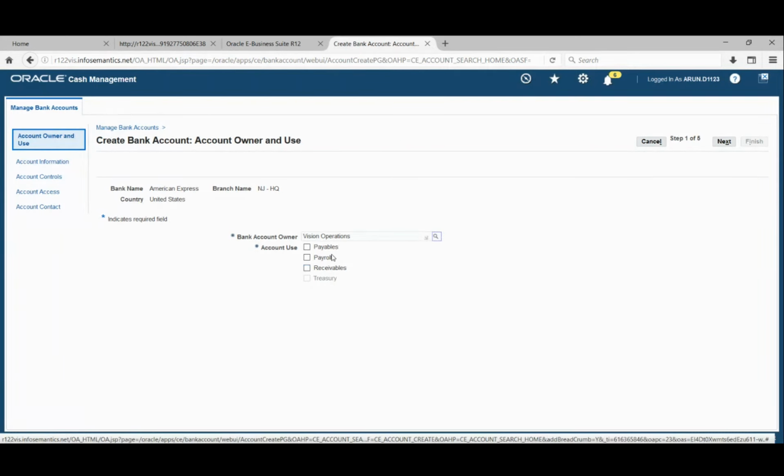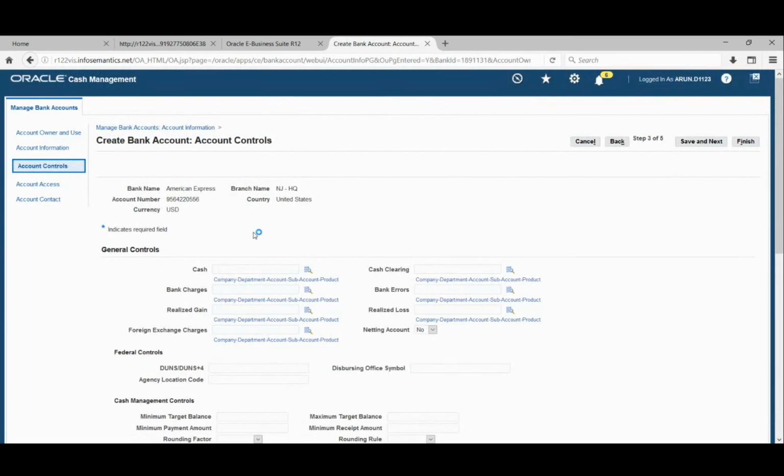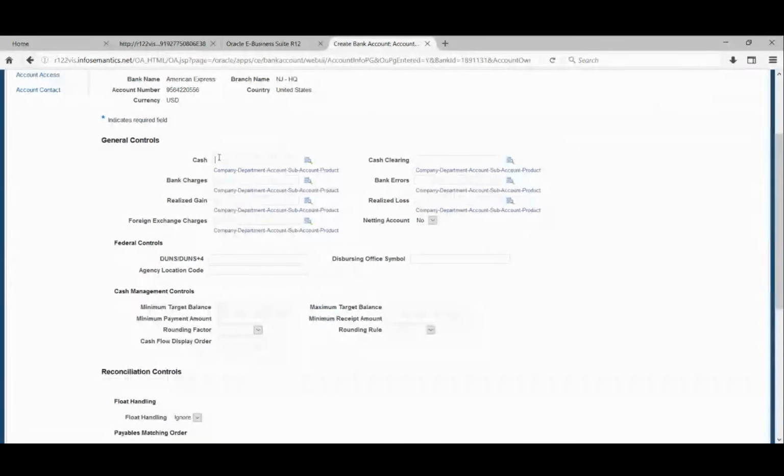Okay. So now we have given the basic account information. So that is account number and the account name. So now, these two options called cash and cash clearing, we will have to give them. The reason being is that when we remit the payment to the employees, it will basically pick the cash clearing and the cash account to knock off and to give the final settlement. So in order to achieve that, I will need these two things.